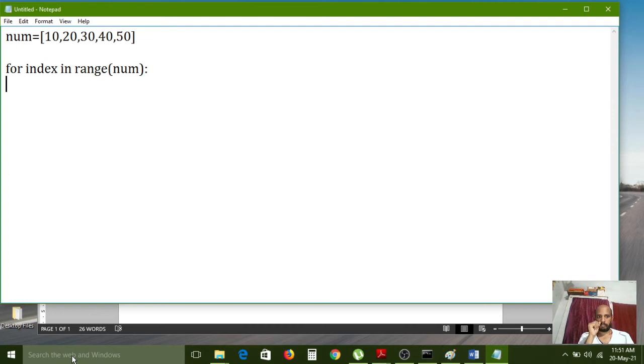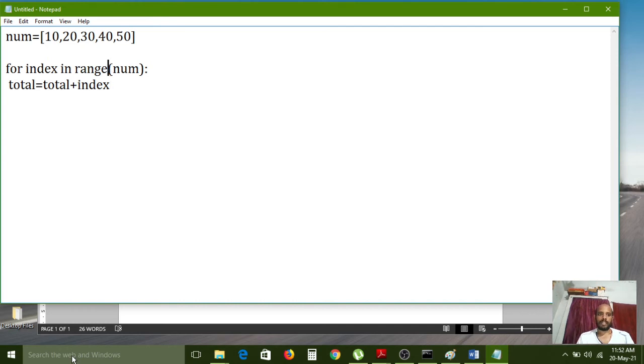After that, the total variable I created: total equals total plus index. Total plus index.